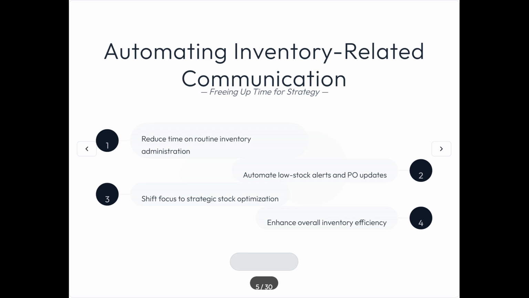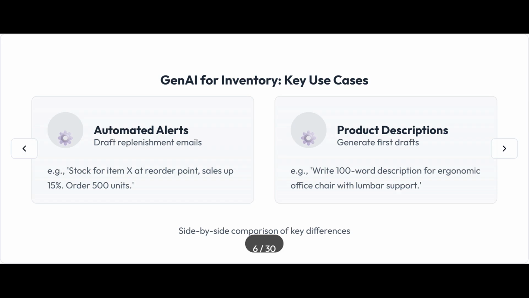This section shows how GenAI can automate communication and documentation related to inventory, freeing up time for strategic tasks. Consider these use cases. For automated replenishment alerts, imagine your inventory system flags low stock. Instead of just a numerical alert, it can trigger a GenAI tool to draft a clear email to the procurement manager. The AI can pull in data to create a message like, "Stock for item X is at the reorder